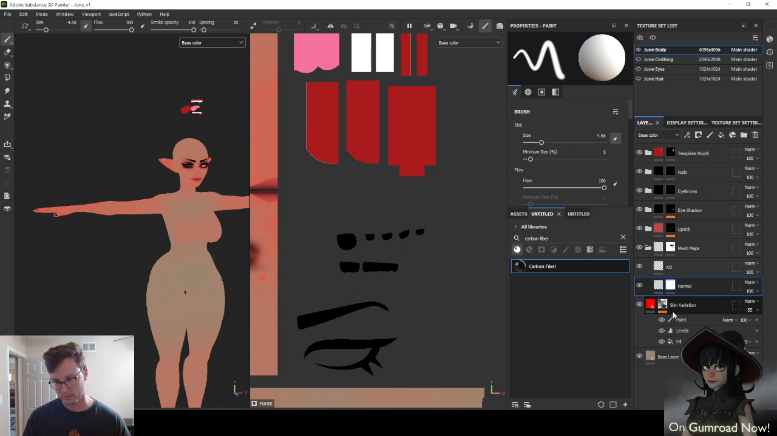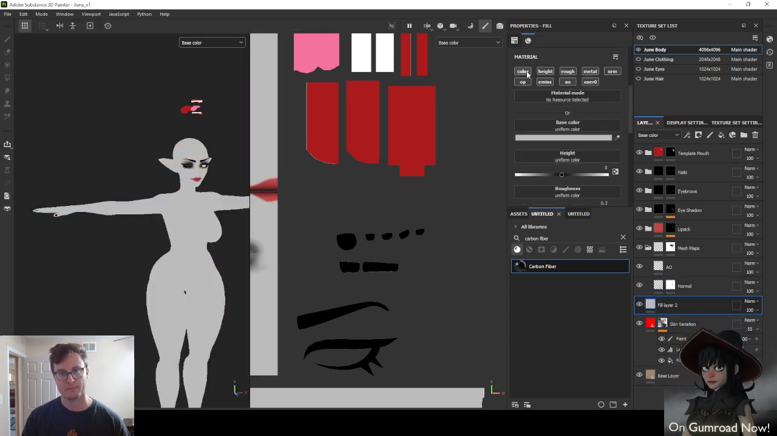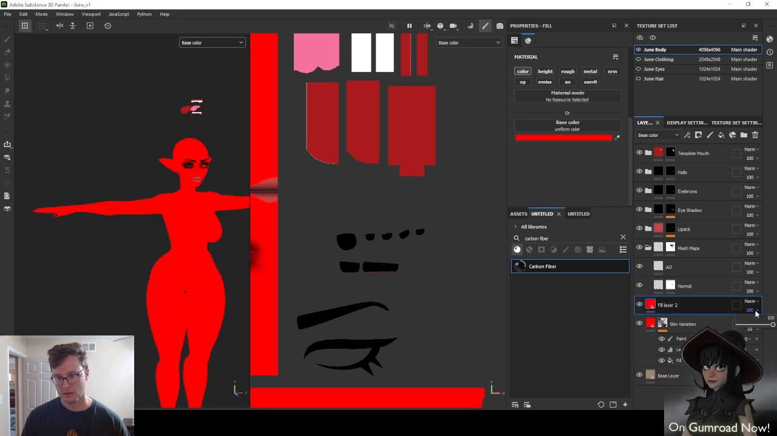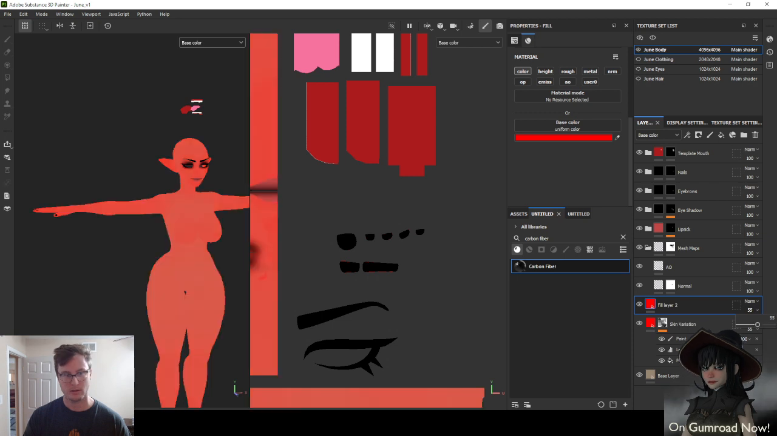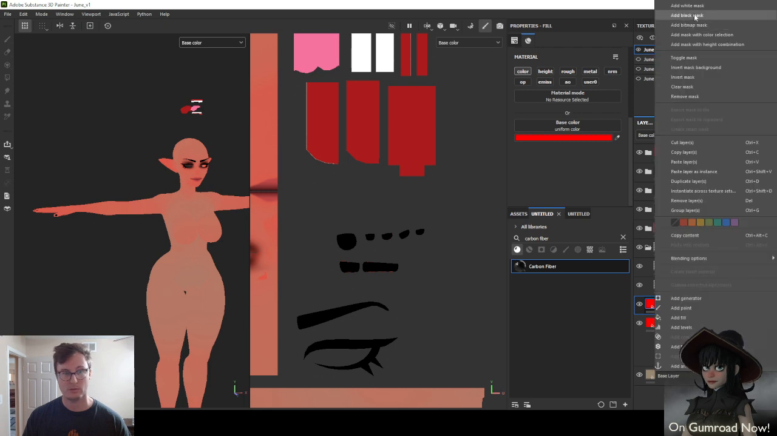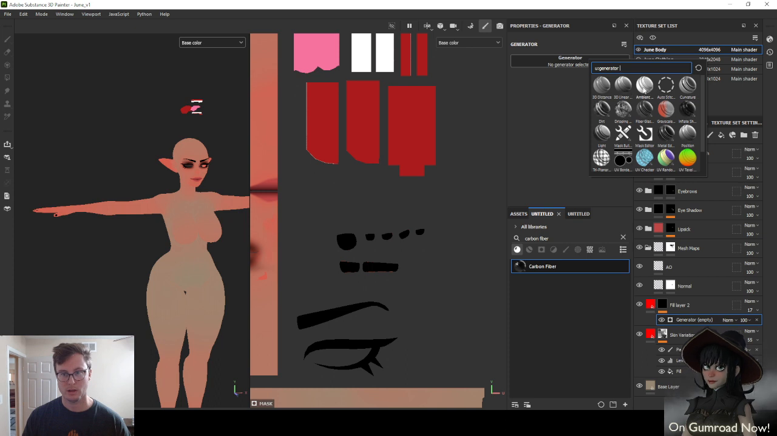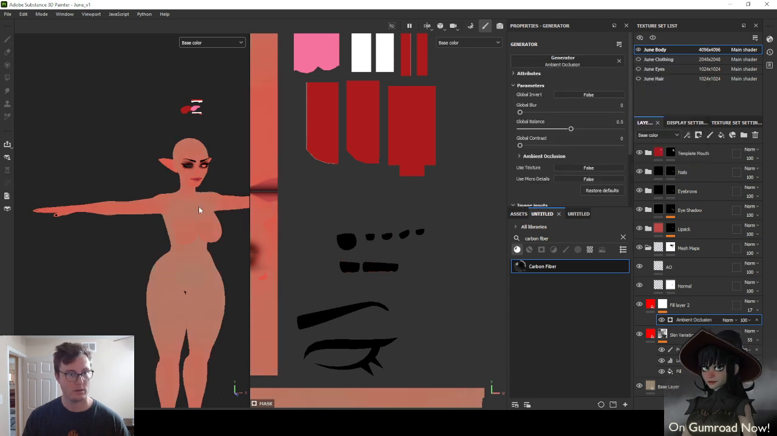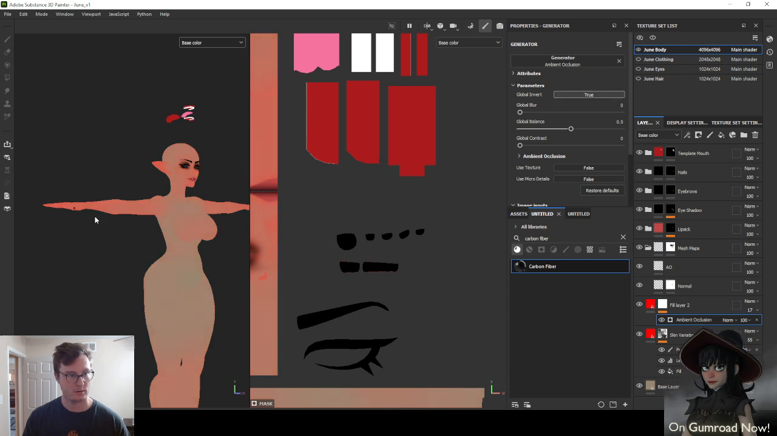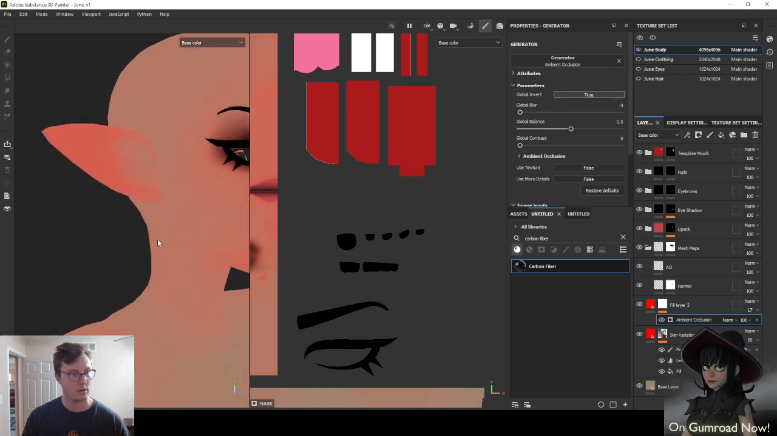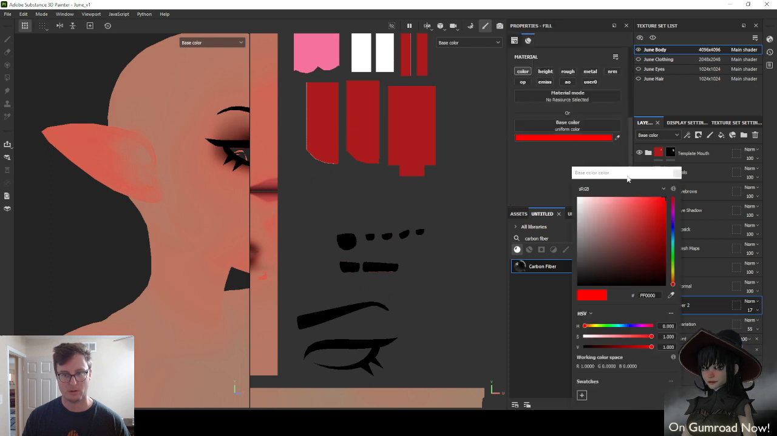I'm going to add one more thing to the skin variation here. Color at 55 as well. Maybe a little bit less. And we'll do mask, generator, AO, invert. That should put a little bit more